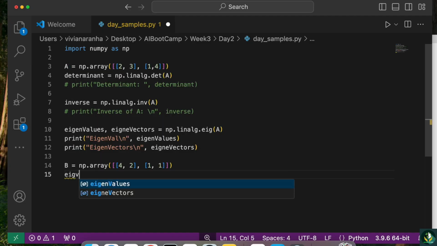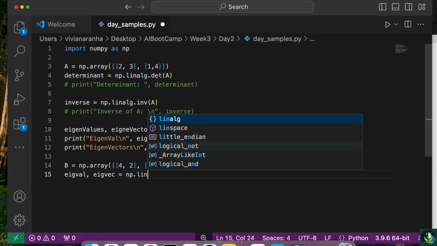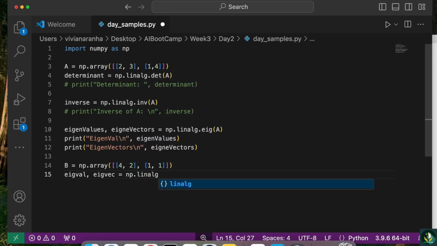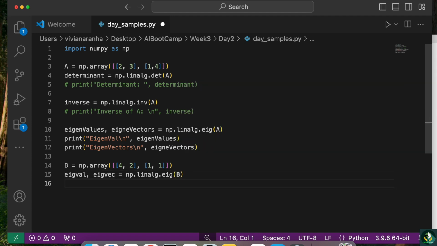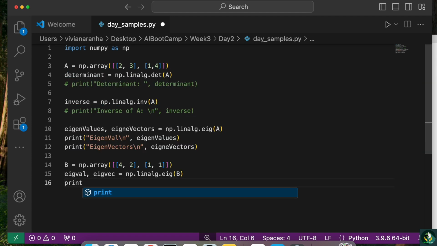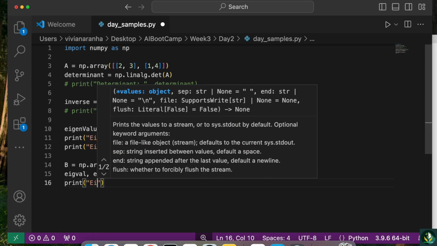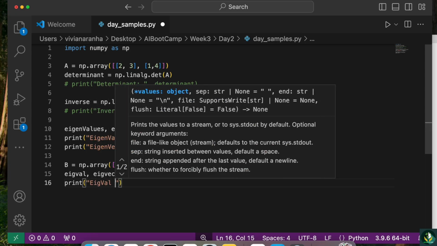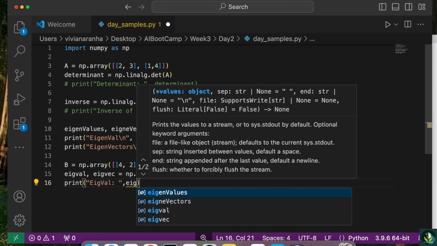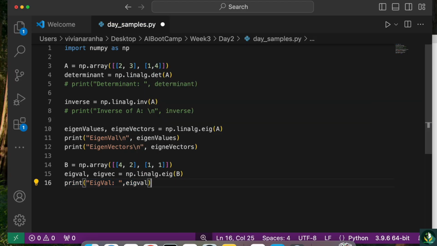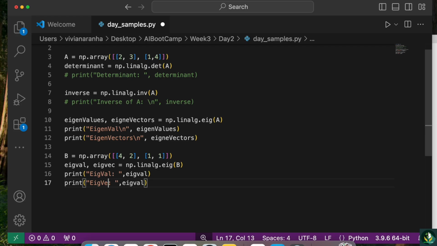Now I can say eigenval and eigenvec equal to np.linalg.eig of B this time, and then I can print eigenvalues, comma, eigenvalues, and for vectors